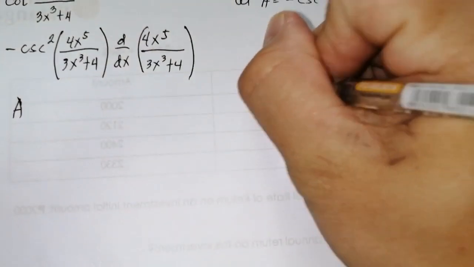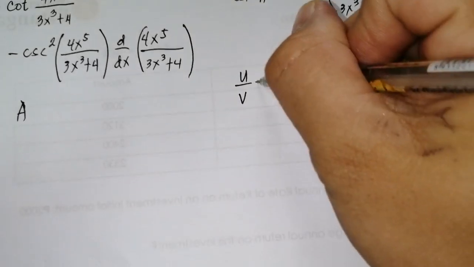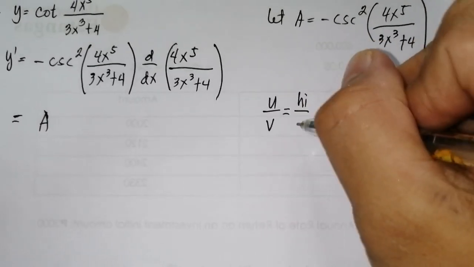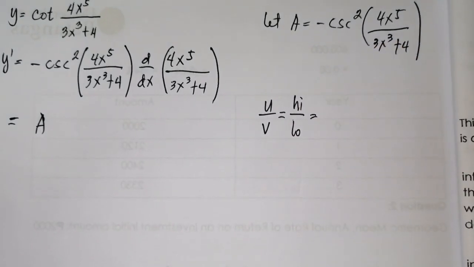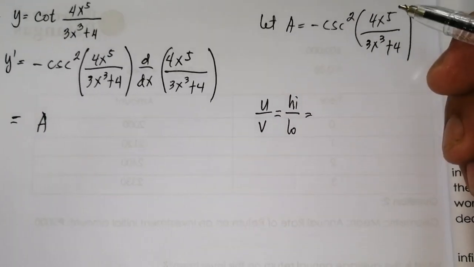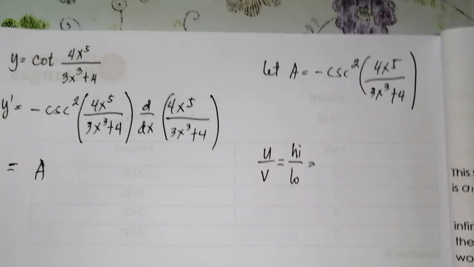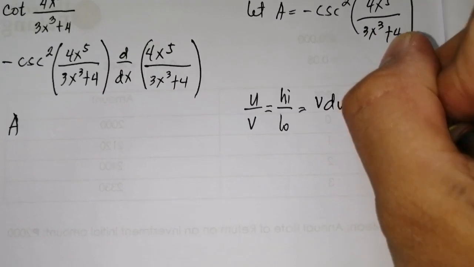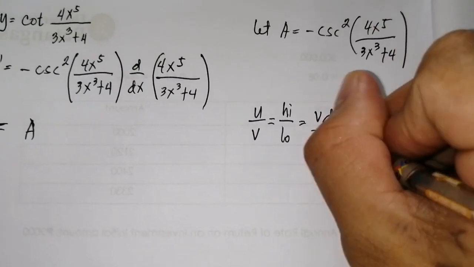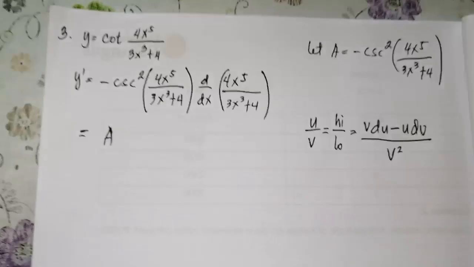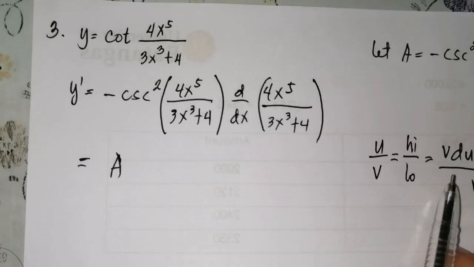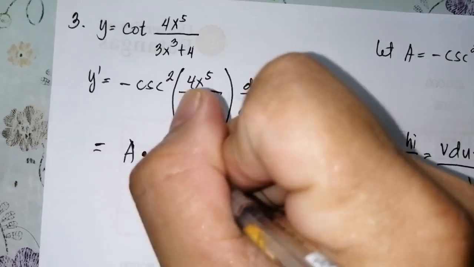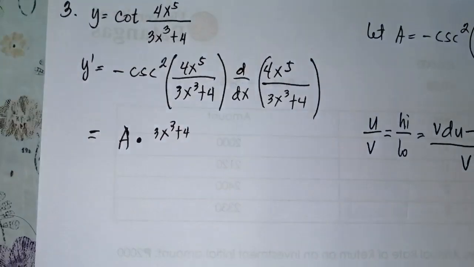So remember, if you have u over v, or what's easier to remember, high over low. Usually we use low d high minus high d low over low low, or in terms of v, that's v du minus u dv over v squared. So in this case, we'll have our v as 3x cubed plus 4. So this is, remember, the multiplier. That's 3x cubed plus 4